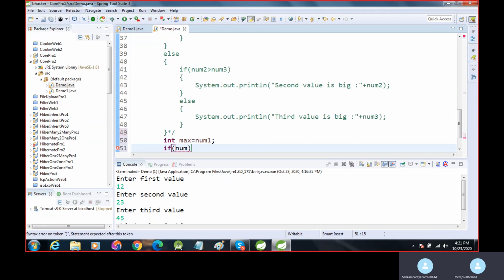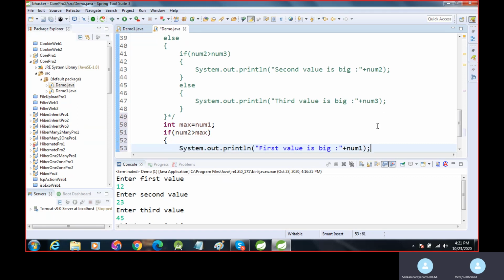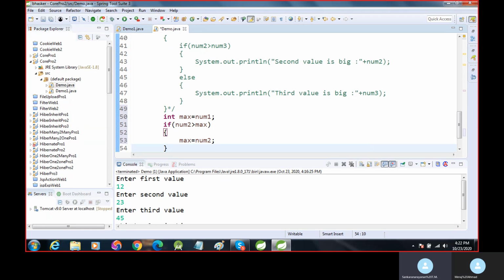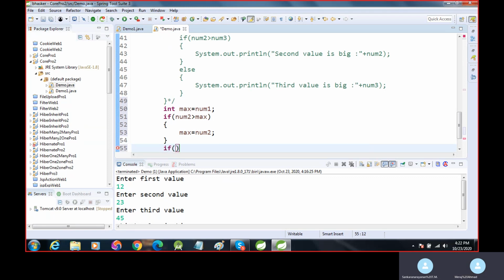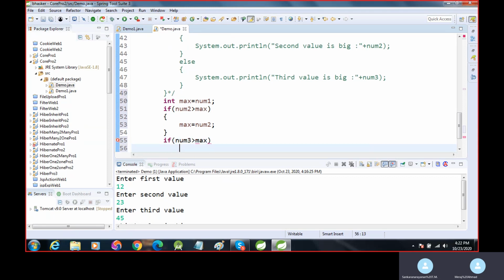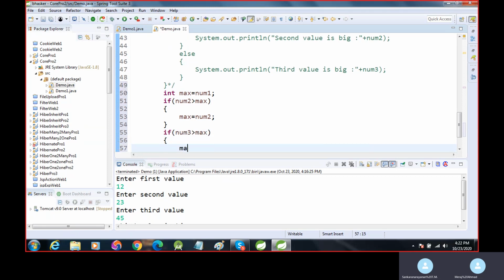If num2 is greater than max, then max is equal to num2. And if num3 is greater than max, then max is equal to num3.